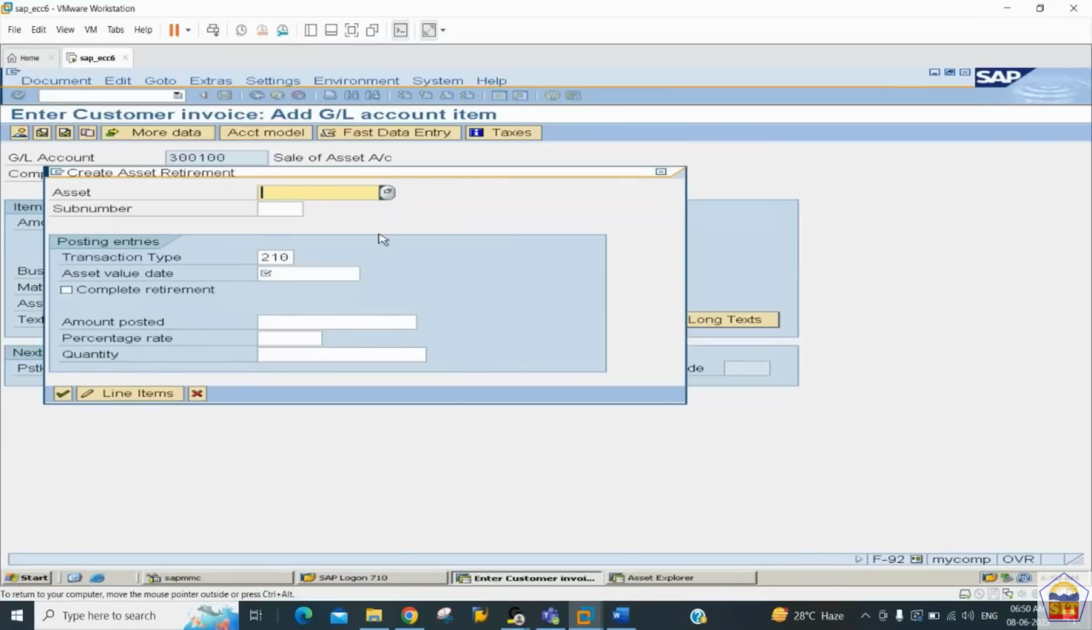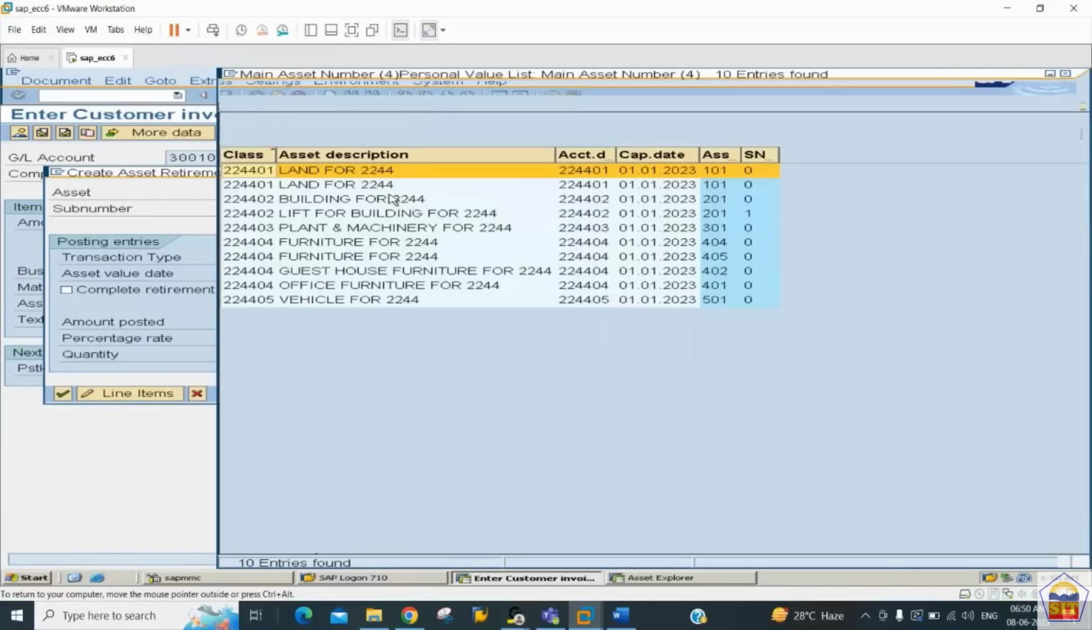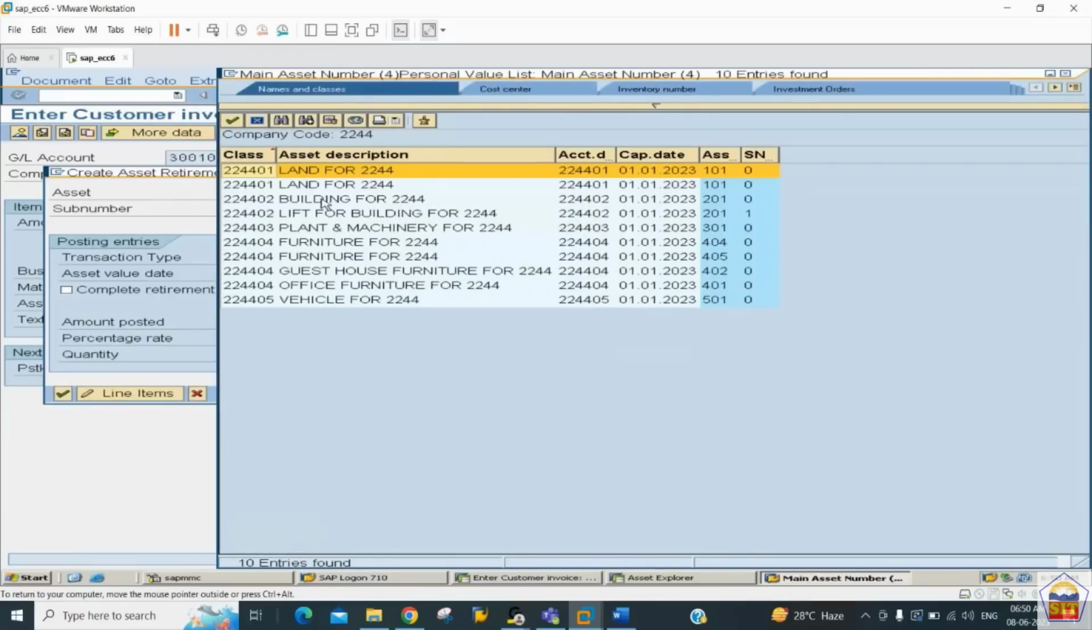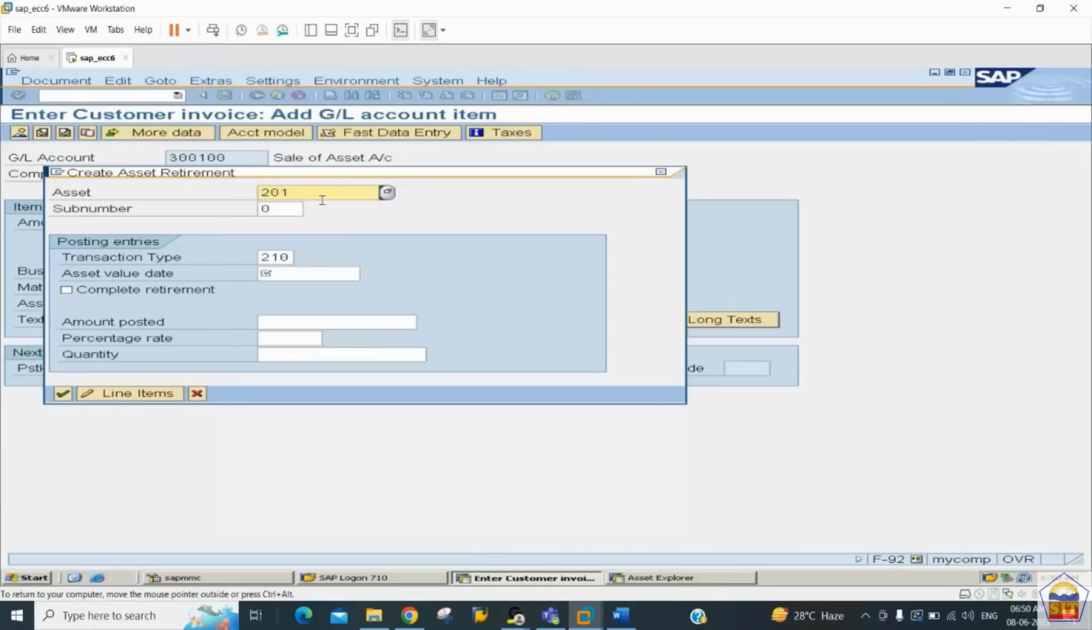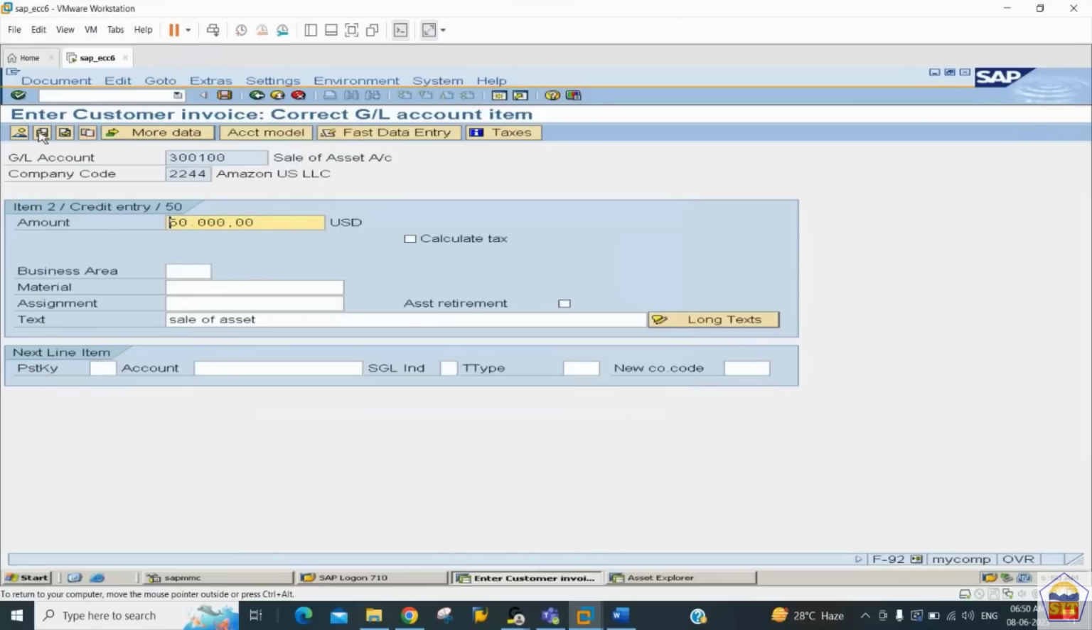Here you can see the system has triggered this screen. In this screen we need to select the asset we want to retire. So let it be the asset building. We want to retire the building. Select the building here, and we need to provide the asset value date. The asset value date is the date on which we stop calculating depreciation. We will not post any depreciation after today's date, so the asset value date is today's date. Then we need to select the checkbox complete retirement, press enter, and after that click on this